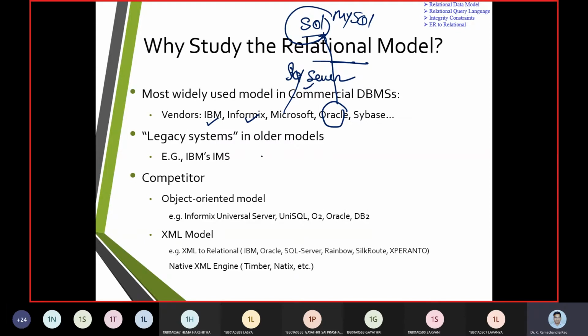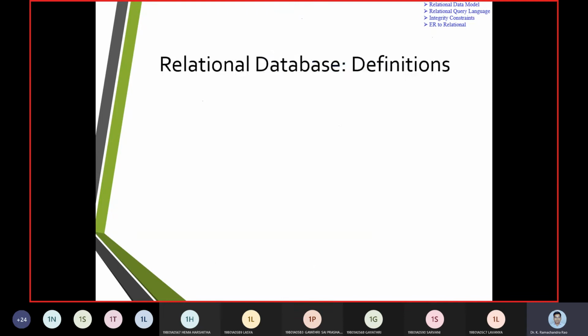Then there are some object oriented models, for example Informix Universal Server, Oracle, and IBM, who made DB2. So we have a lot of systems to implement the relational model.